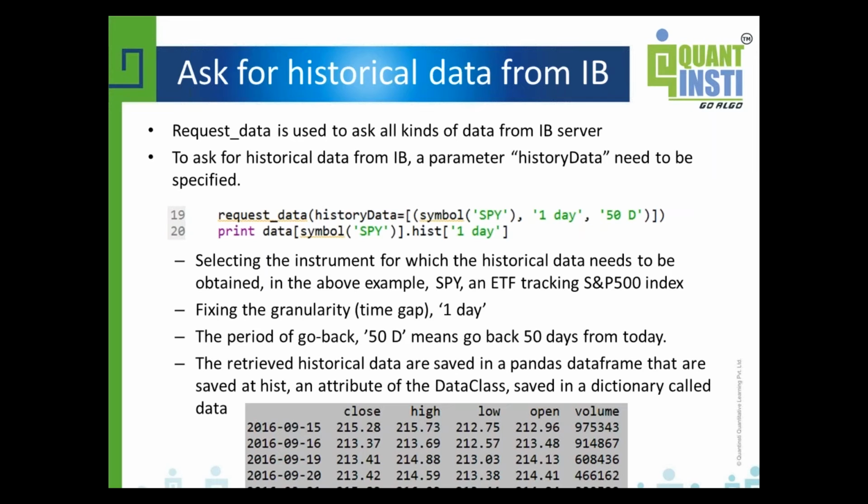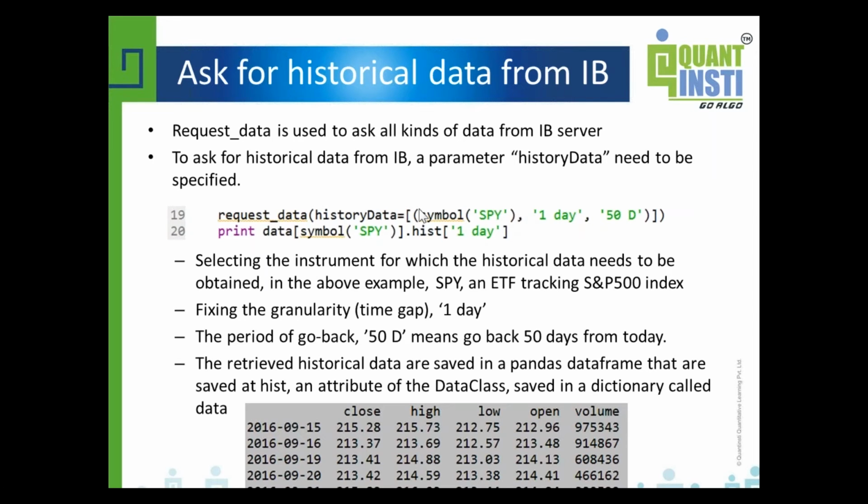In IBridgePy, there's one function called request data to ask all kinds of information from the IB server. I combine them together. To ask for historical data from IB, a parameter called history data needs to be specified, as I showed in this program.